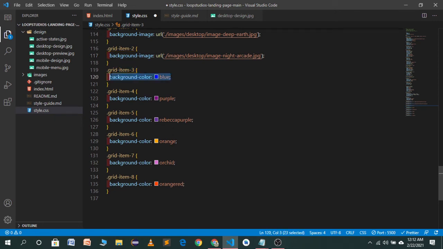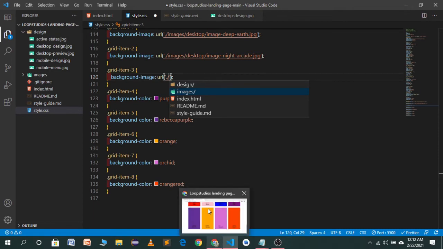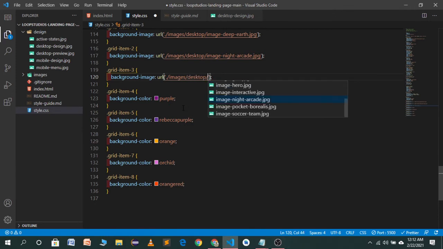So let's remove the background color, set the background image dot slash. So for the third one we have soccer team VR, which will be this one,